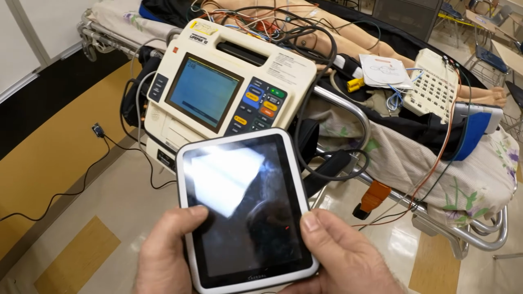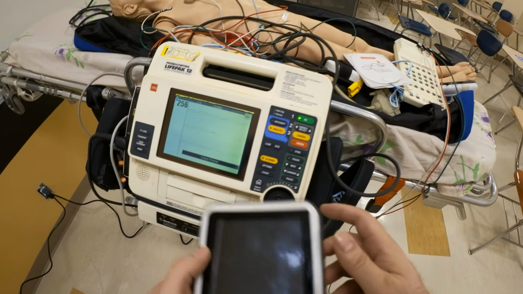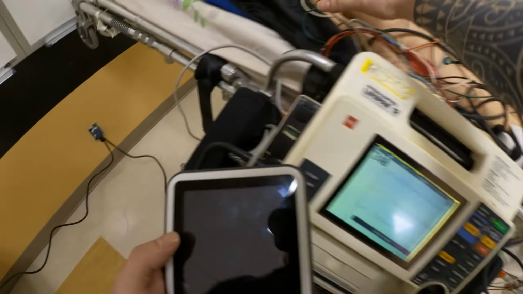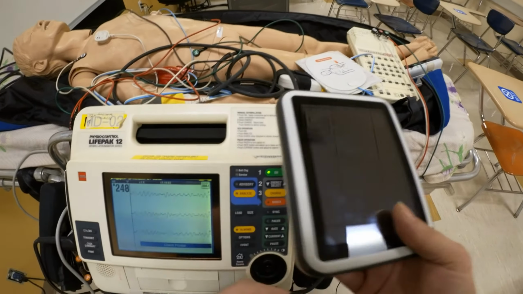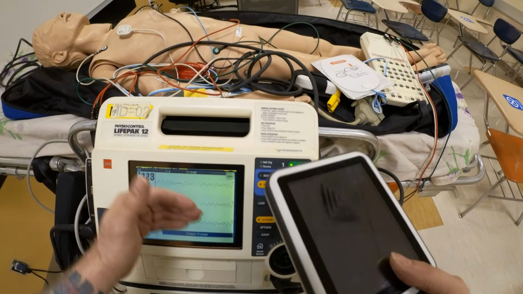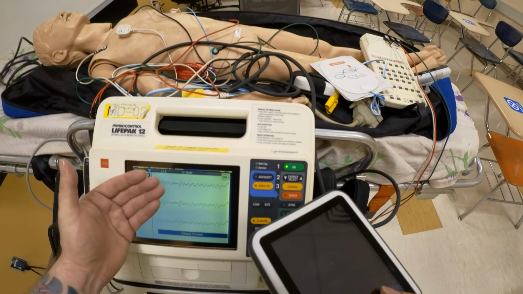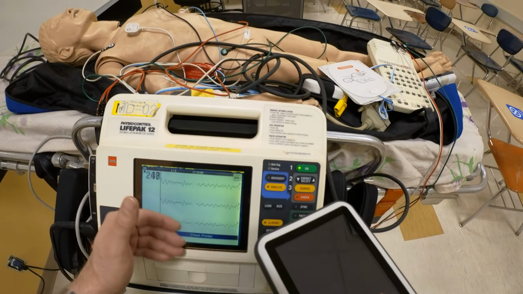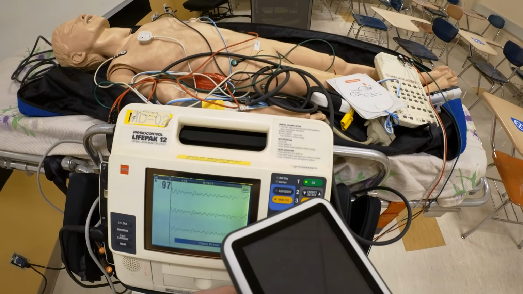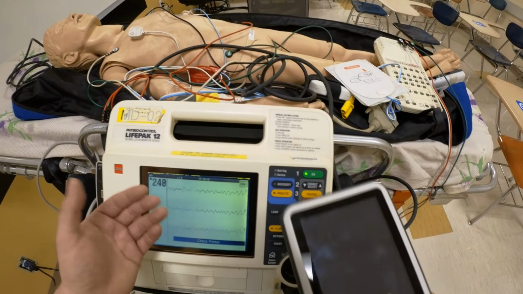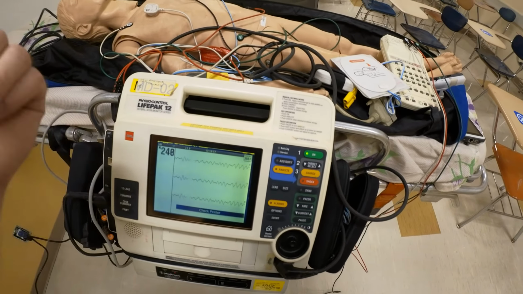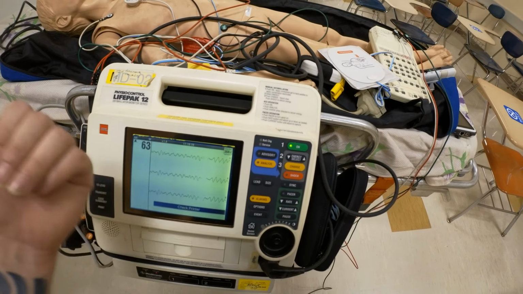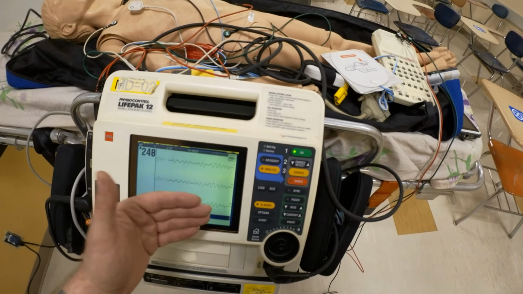And the final thing, once they learn all these tasks on these task trainers, you could tie it all together into your scenario, employing this mannequin here, the Laerdal SYMPAD. I have a video of how to connect this, and then you have fine controls of your rhythms. You could have AFib be bradycardic, AFib be regular, AFib be above 150. So this is important. If I have a patient who is symptomatic, with altered mental status, showing a rhythm of 50 atrial fibrillation,